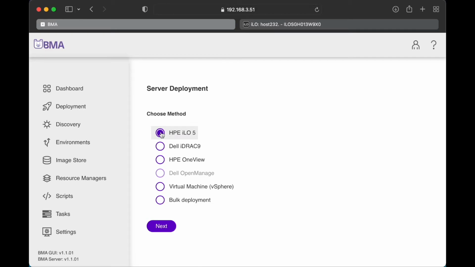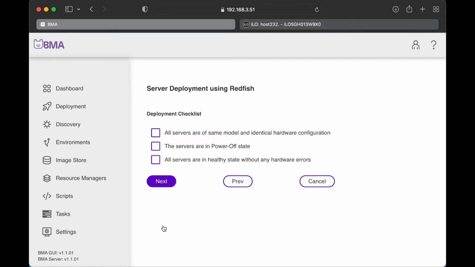Now I'm going to show OS deployment on an HP rackmount server using BMA. As a prerequisite, all servers in a batch should be of the same model and configured similarly. All the servers should be in powered off state and free from hardware errors.